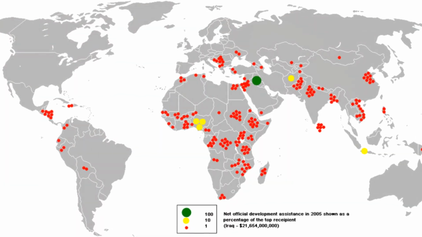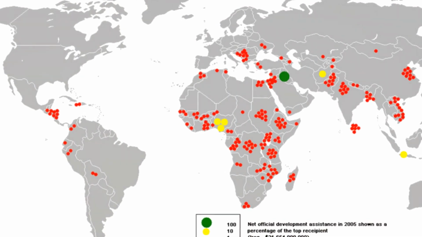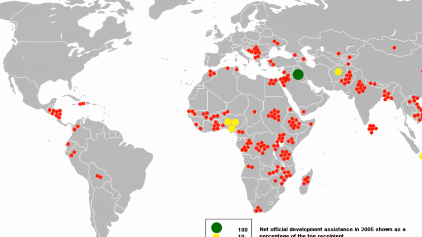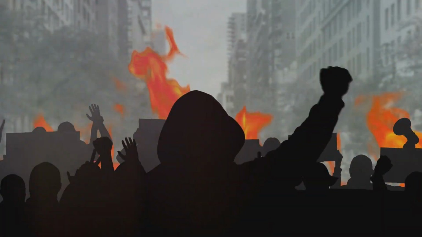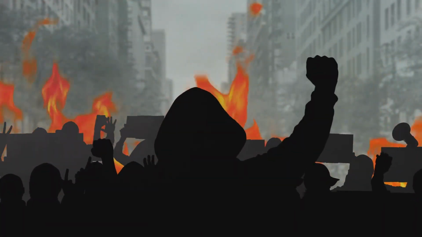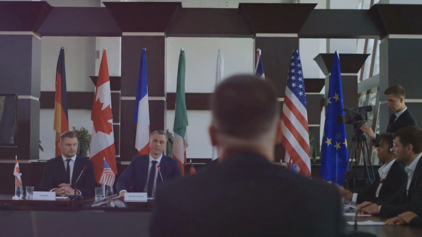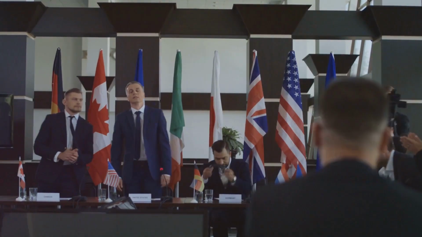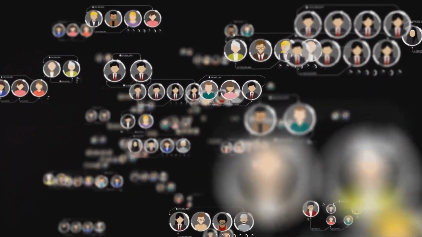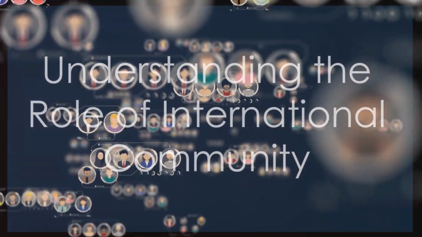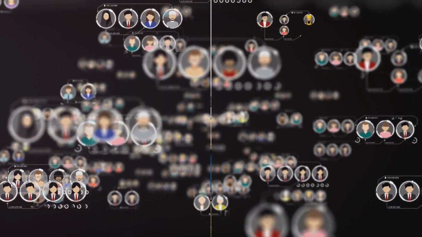Furthermore, international aid and sanctions have been used as tools to exert influence and pressure on the parties involved. This aid, whether humanitarian or military, has often been a double-edged sword, providing much-needed relief but also fueling the conflict. The international community hence continues to play a crucial role in the conflict, with its actions and decisions having far-reaching implications. As observers, it is crucial for us to understand this aspect to get a complete picture of the conflict.